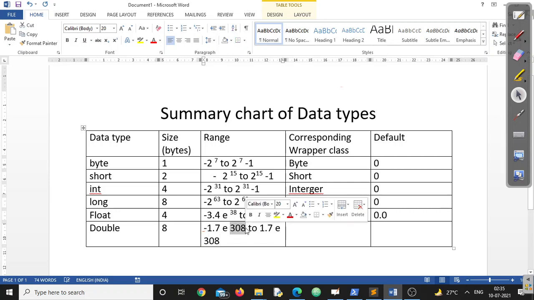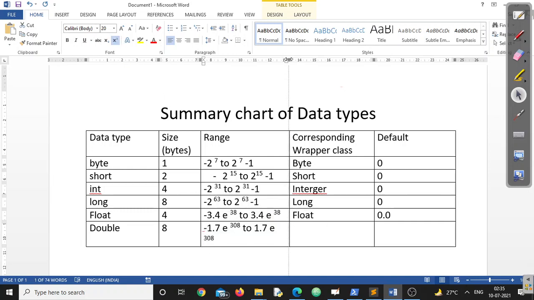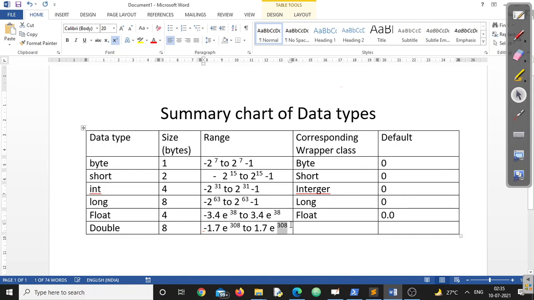Now the intention of this particular table is to condense the entire data types together into a small, chota table, so that you can use this as last minute preparation for your exam. This might help you. Make sure all the lowercase characters and uppercase characters are in place. Otherwise, you are asking for trouble for yourself.